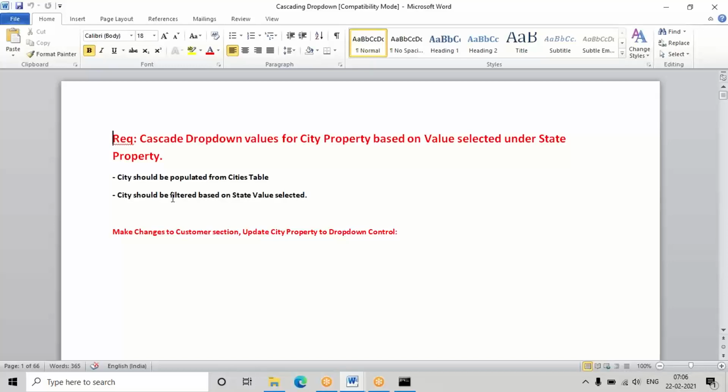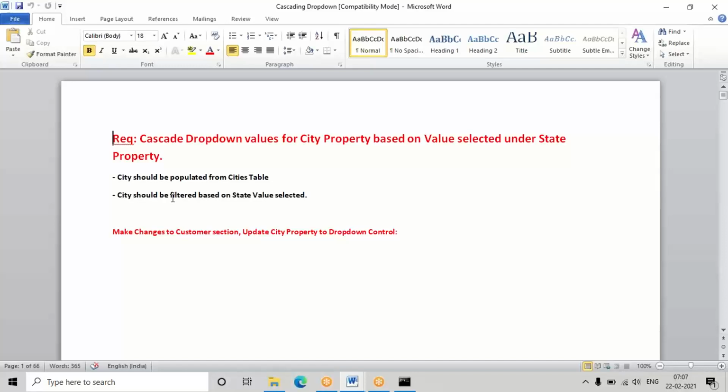So what we are going to do first is create a city table, matching exactly with the state value. We'll assign some city values, like the city names for Karnataka, and for Tamil Nadu. Some relevant city names must be there in the data storage. Then we can dynamically fetch and display them. So let's see, the process is simple.